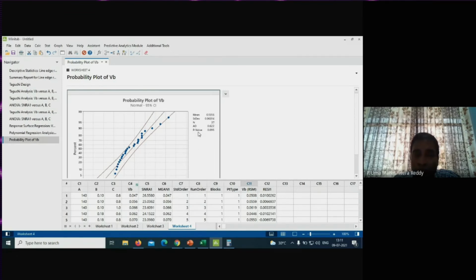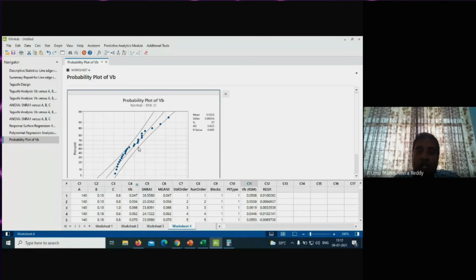Now the p-value you obtain from this Anderson-Darling test is more than your alpha value. So as per the normality test, if the obtained p-value is above your assumed alpha, the model is correct, the model is adequate. So you cannot reject this null hypothesis.